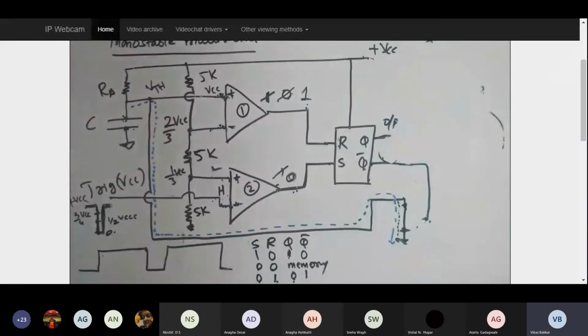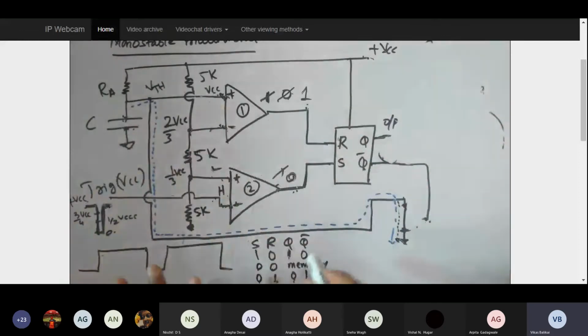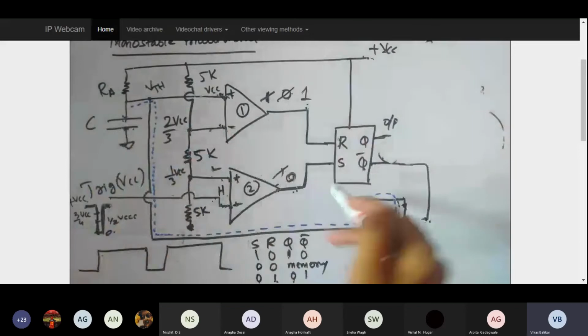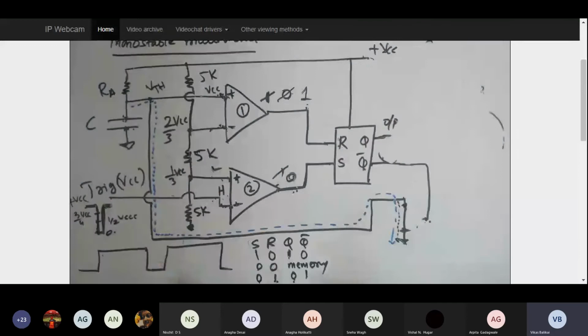Now of course, I have told you, it may be a little bit confusing to you, but whatever I have tried to explain, the concept is going to remain the same. Try to regain the concept by reading the textbook or the material whatever I am going to give you.